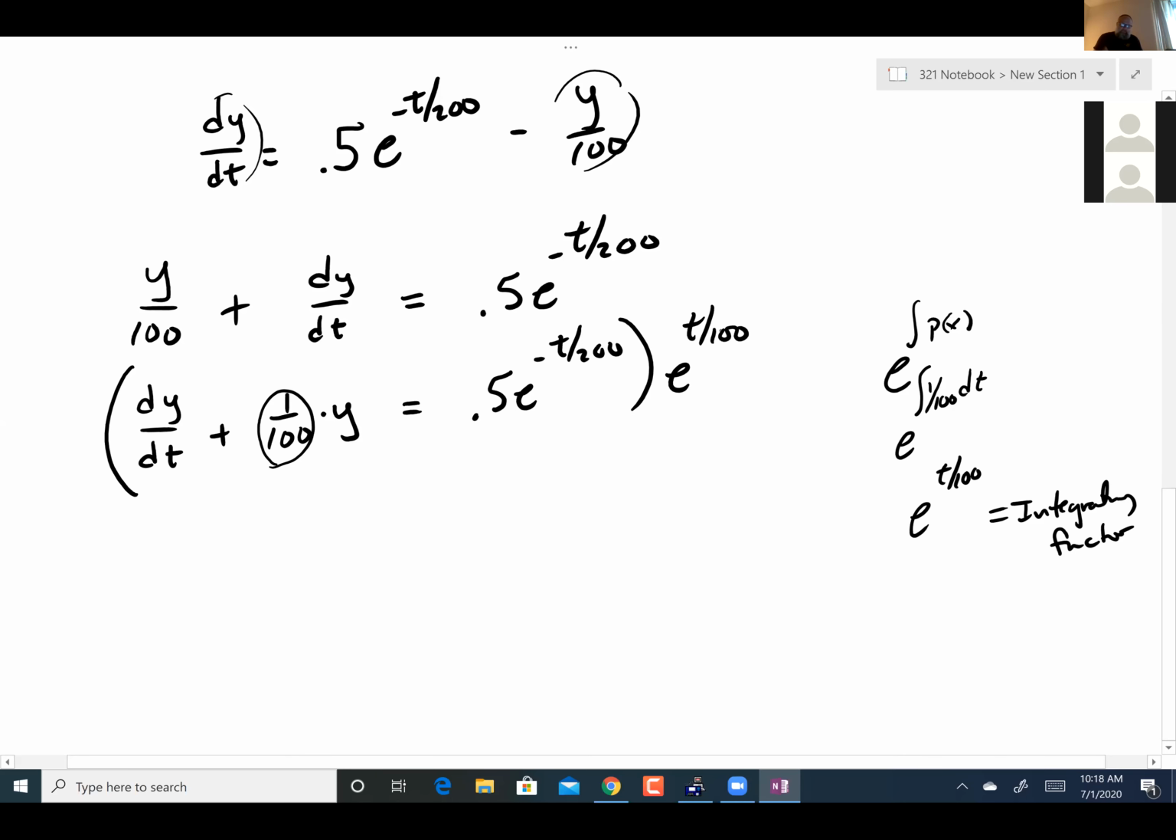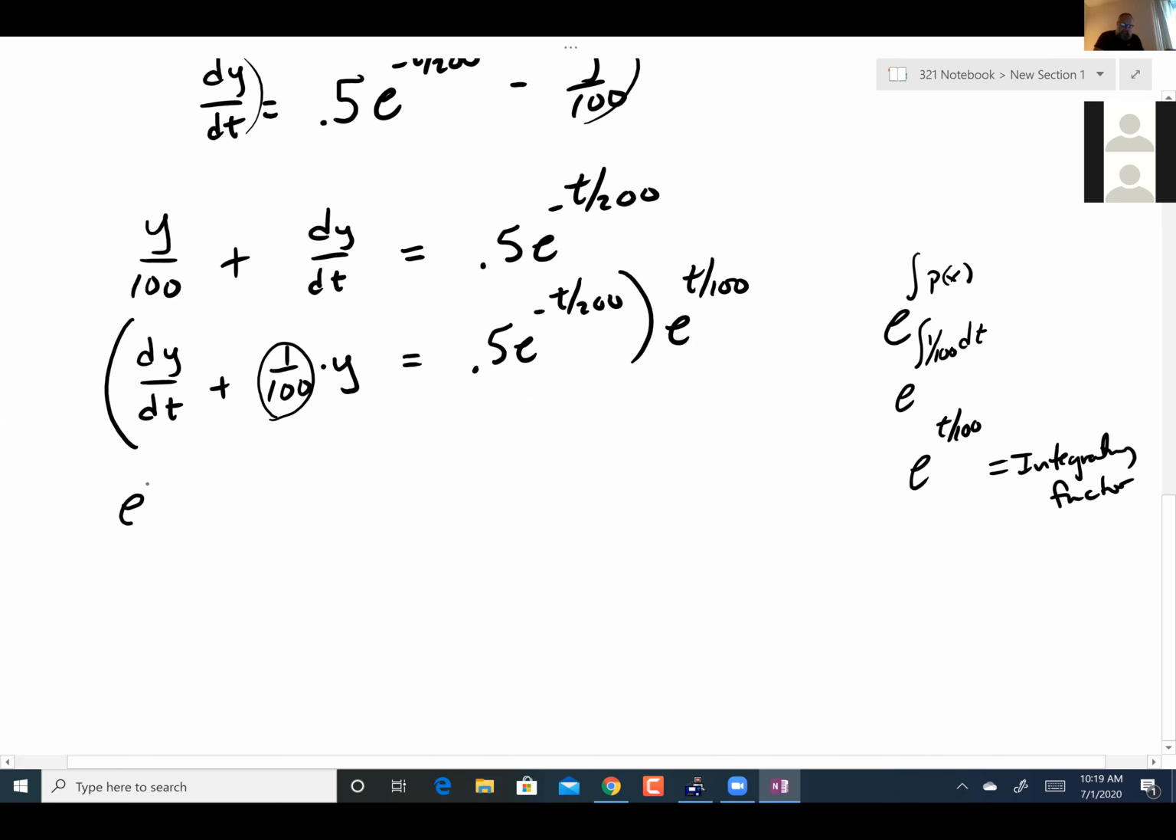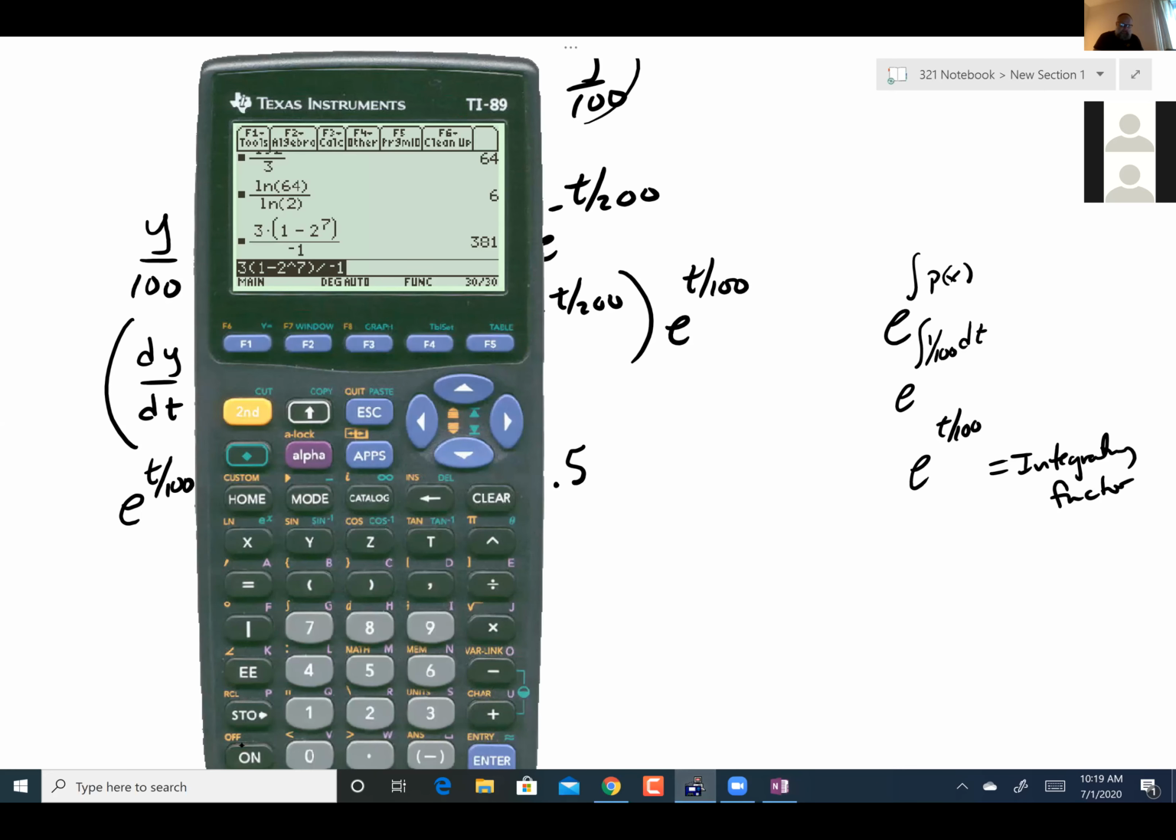And just like the cardinal rule of algebra says, whatever thou doest to one side, thou must also doest to the other side. Voila. Here we have e to the t over 100 times dy/dt plus 1 over 100. I'm going to write it in this order for the sake of explaining it. And then 0.5. I'm not very good at math some days. So I'm going to go 1 divided by 100